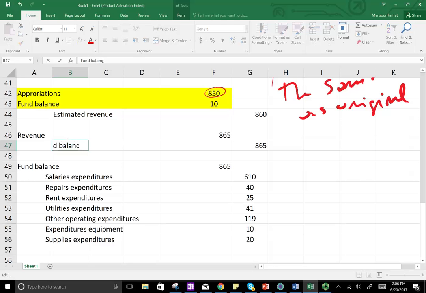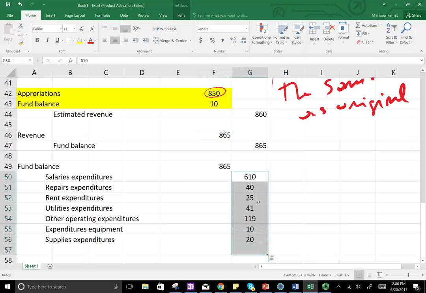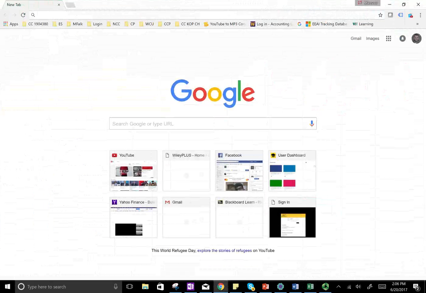That's interesting. For this period I had revenues of 865 and expenditure of 865. What does that mean? From revenues over expenditure, or income statement or whatever you want to call it, they are equal to each other. 865 minus 865 equals 0. All right. So this is basically how you prepare